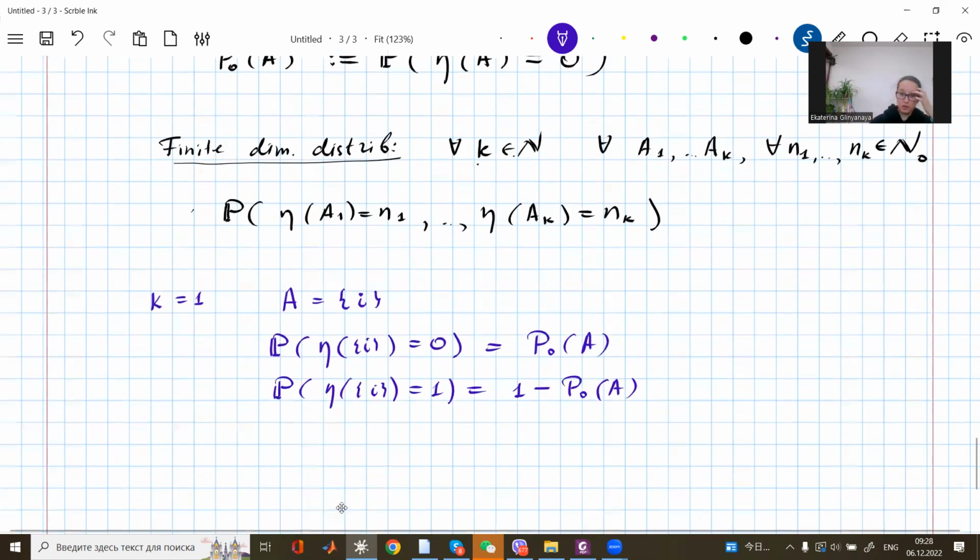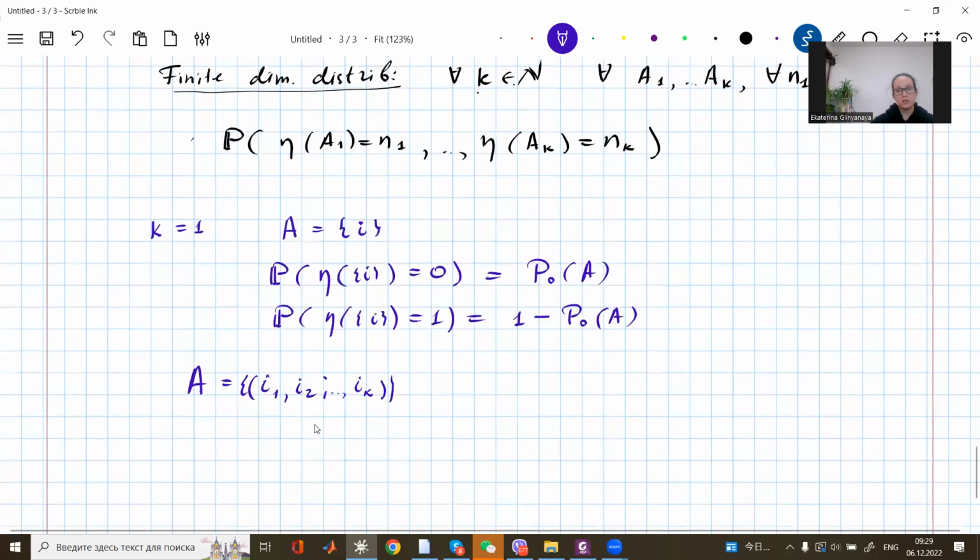Right, so you can write down the probability of one point in such form. And then you can simply rewrite the probability for any subset of the form, if we have several points, like i1, i2, and so on, ik. And in order to rewrite it in terms of this probability, we should take